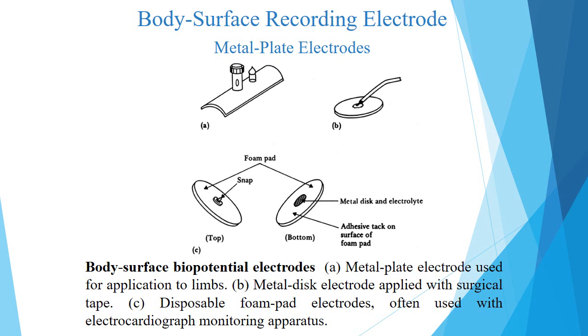The metal plate electrode is formed of German silver, nickel silver or nickel plated steel and is used as a surface electrode for ECG measurement. When these electrodes are applied on the skin with electrode paste, typical DC resistance values are in the range from 2 to 10 kilo ohms, whereas the impedance is a few hundred ohms.